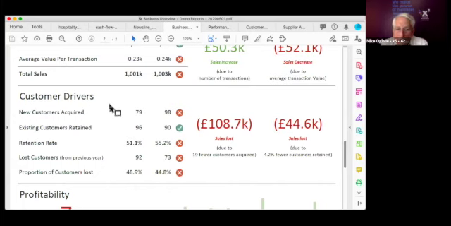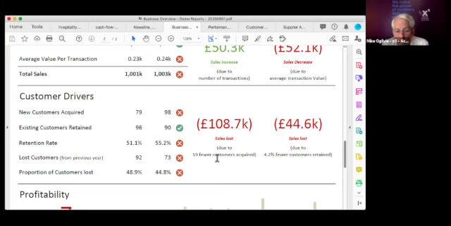And so it will also look at the number of new customers that are set up on your ledger. The number of new customers was 98 the previous 12 months, down to 79. So a downward trend. The existing customers that were there previous year has gone up by 6. The retention rate has gone down from your customers because of the new customers acquired, 55 down to 51. Number of lost customers from the previous year, 92 compared to 73, so an increased trend.